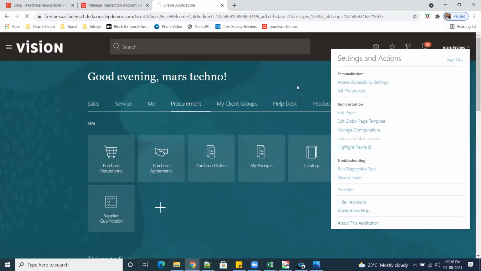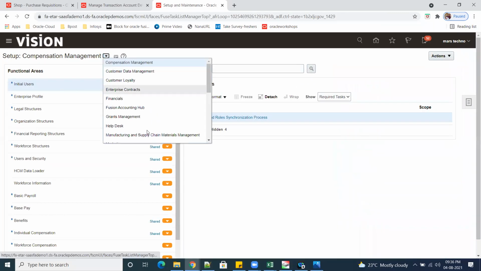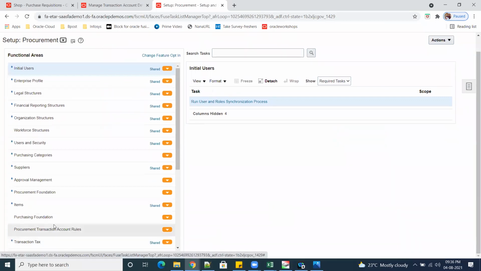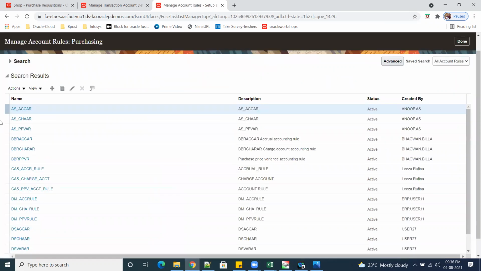Setup and maintenance, procurement, rules, accounting rules, account rules, search.